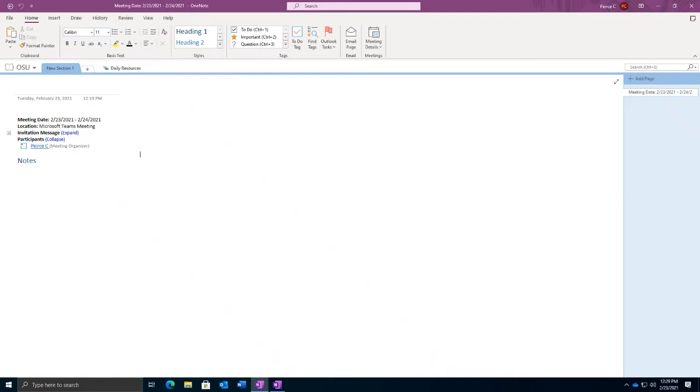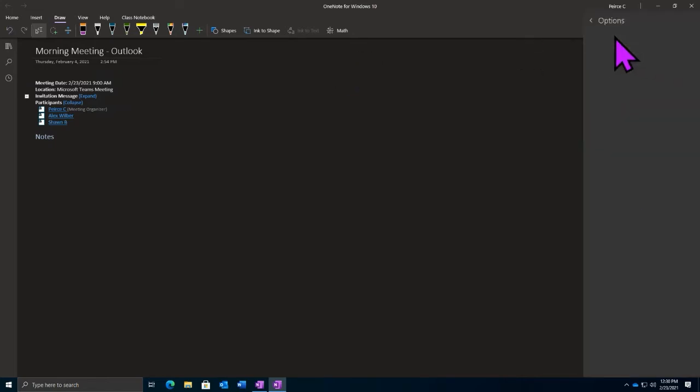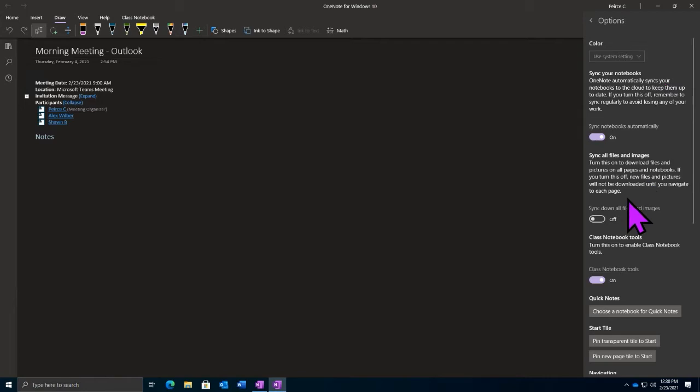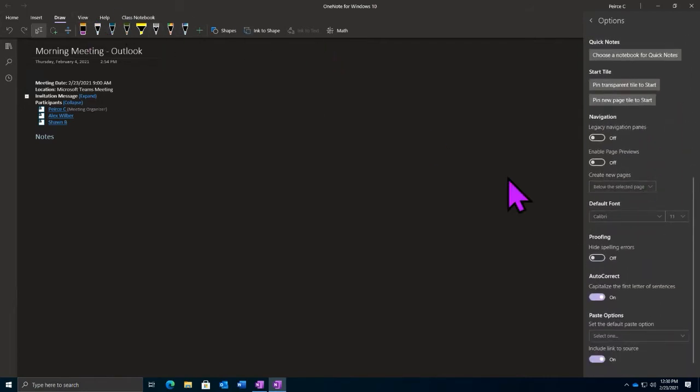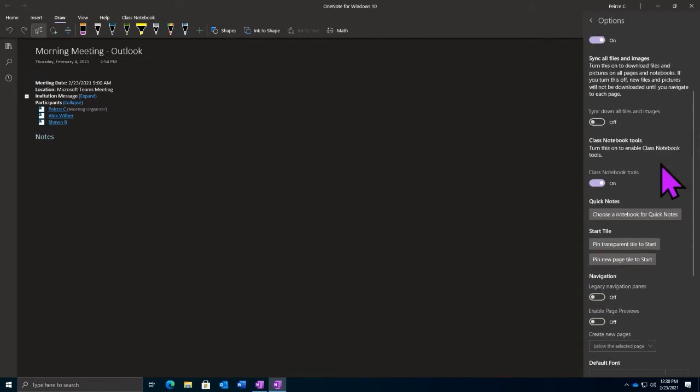Yeah, absolutely. And actually at this point, I'll take a second to show how we can do that whole process and create a notebook in our Windows 10 version as well. So we are in our Windows 10 version currently. I will change our theme to make it a little bit easier to see.